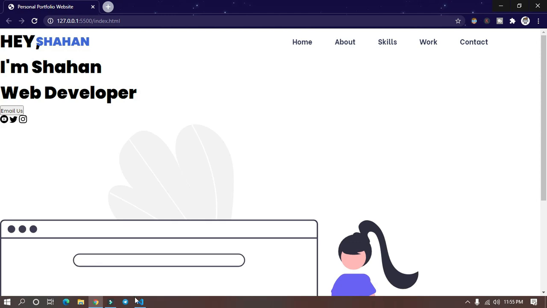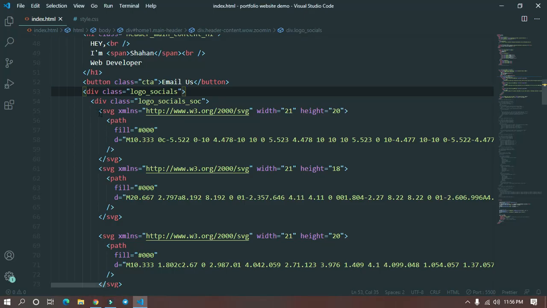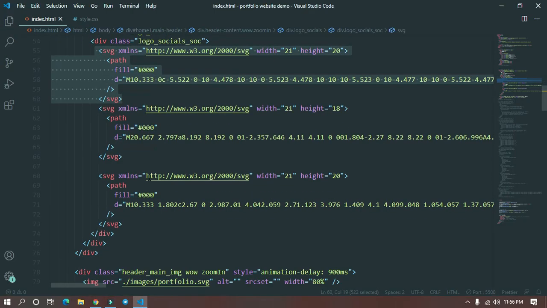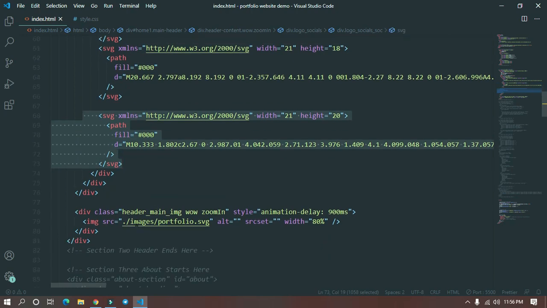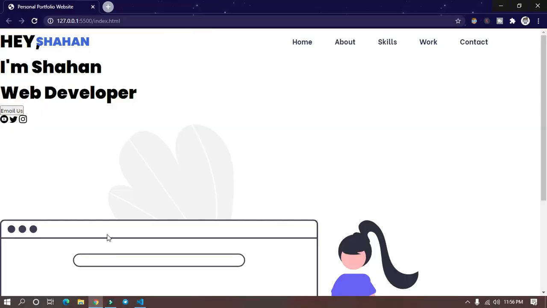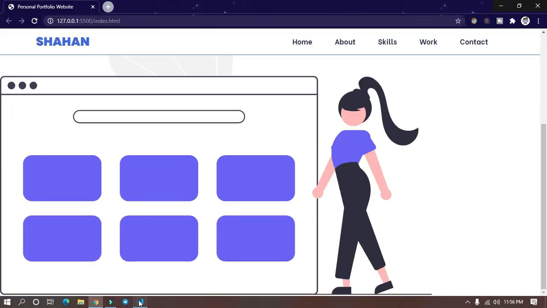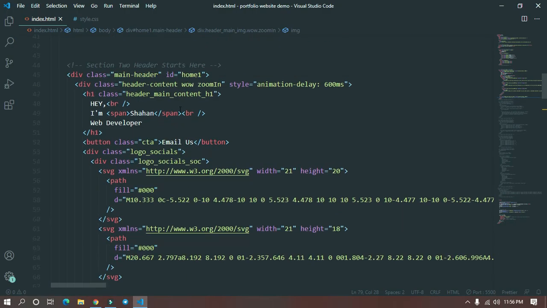You can use Font Awesome icons in your project if you want. These are the three social media icons, and this is the illustration image for the second section.